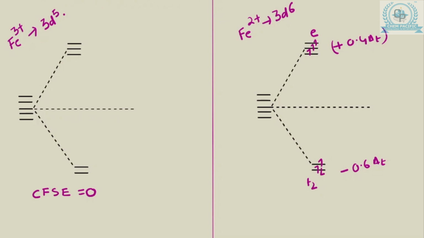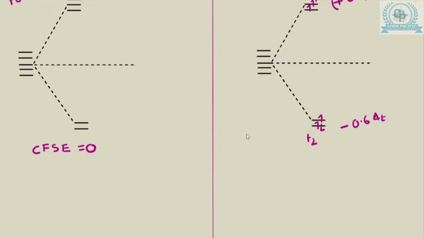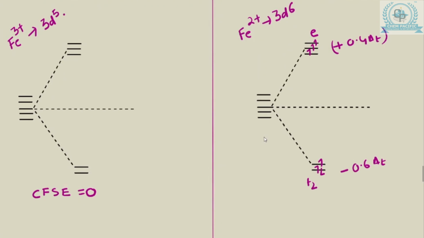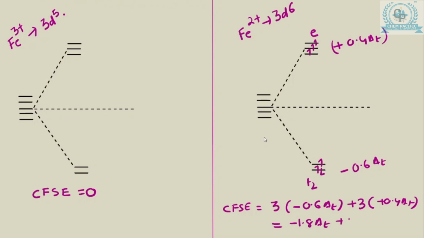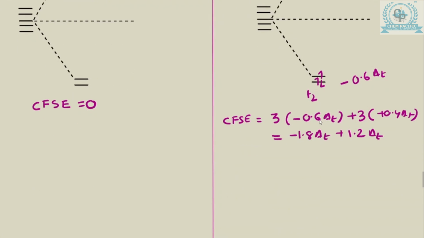Okay, it has to be high spin because we know the tetrahedral complex has to be high spin. Now let us calculate the CFSE. So how will we calculate the CFSE? CFSE is equal to E containing 3 electrons with the energy of -0.6 delta T, and T2 containing 3 electrons with the energy of +0.4 delta T. If you calculate this, it will turn out to be -1.8 delta T plus 1.2 delta T,